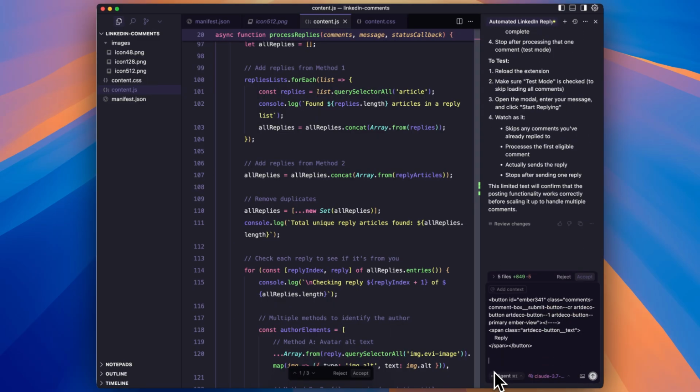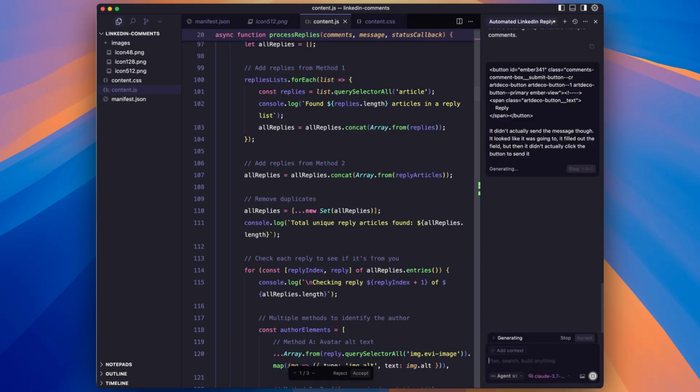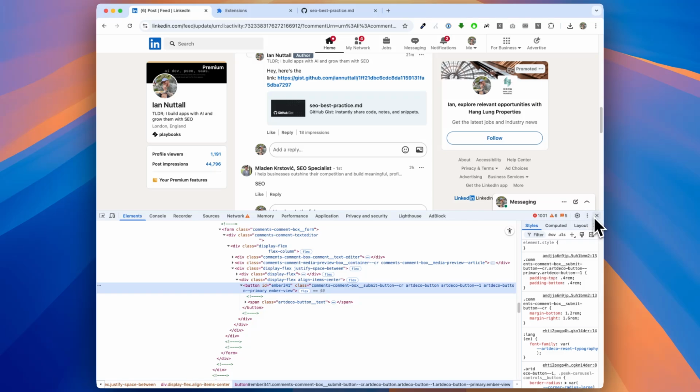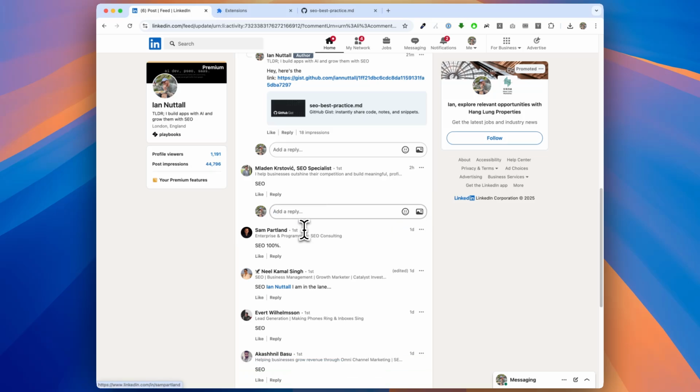It didn't actually send the message though. It looked like it was going to. It filled out the field, but then it didn't actually click the button to send it. I'm confident that in the next go, it's going to work.